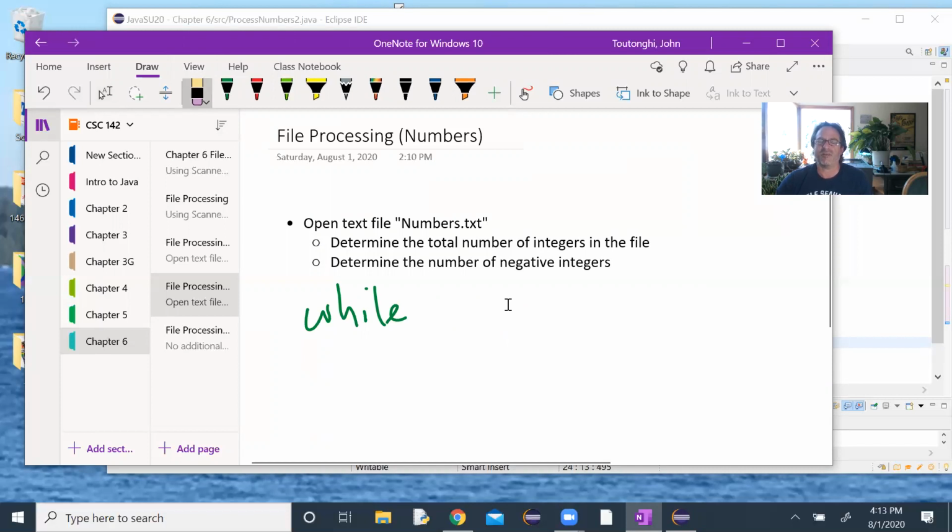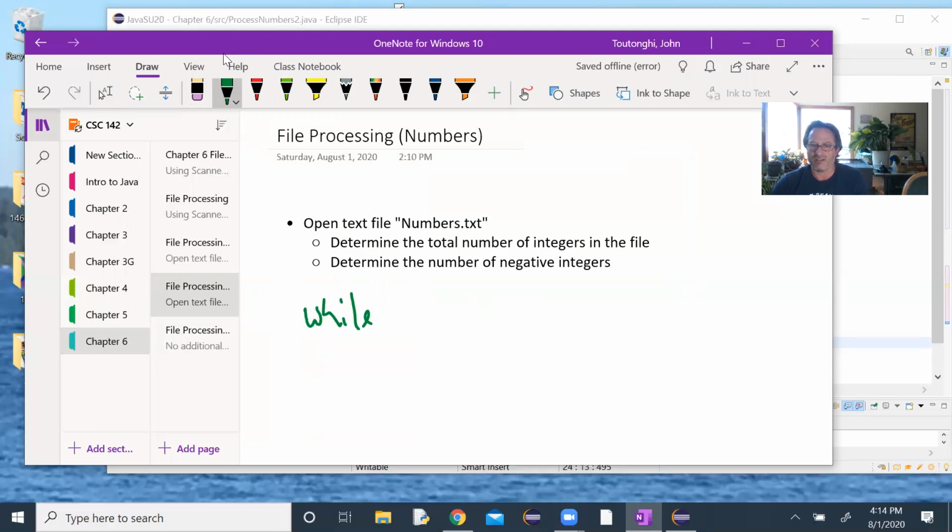So the idea there would be, while it has another integer, while it's not an integer, read it in and toss it. And then you'd keep running that loop while it's not an integer. Well, the problem with that is then we're going to try to be reading at the end when there is nothing left. So I think because everything in the list is doubles, we need to, similar to the last example,